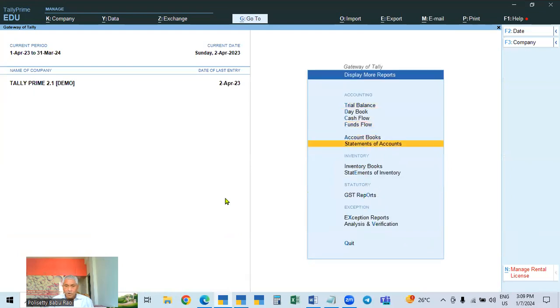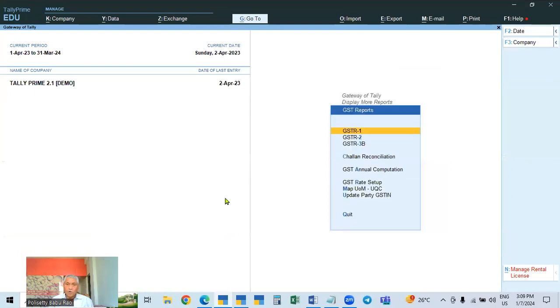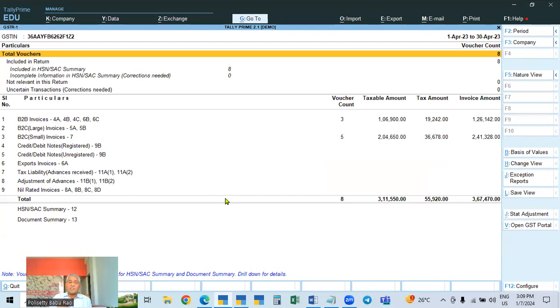When I go to reports, go to GST reports, go to GSTR 1, for example, this one deals with the sales. One deals with the sales, the outward supplies here. Outward supplies means sales. In the case of sales, here, B2B, business to business, registered, table 4B, the total vouchers and total amount are given. If you require the details,